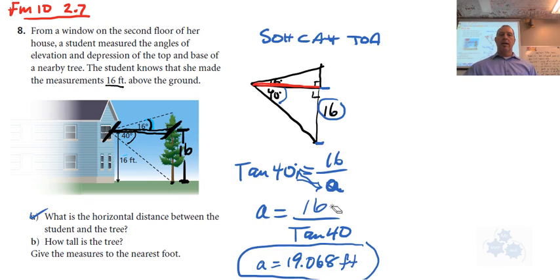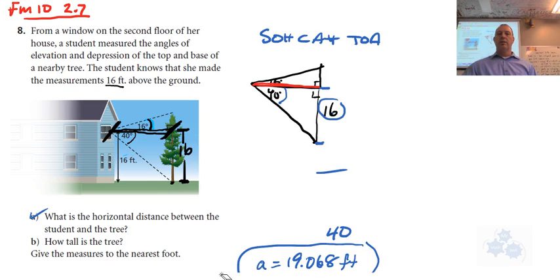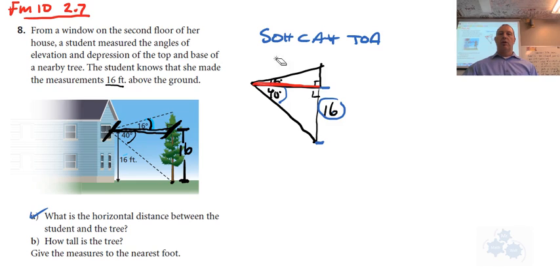Okay, second part, B, how tall is the tree? Okay, so I'm going to erase this here from A. How tall is the tree? Well, I need to find the height of the tree, which is this part plus 16, right? So if I could find this, I would have the height of the tree. So I hope you see that we have another right triangle here. And because we already have our answer from A, which was 19, we're going to be able to isolate